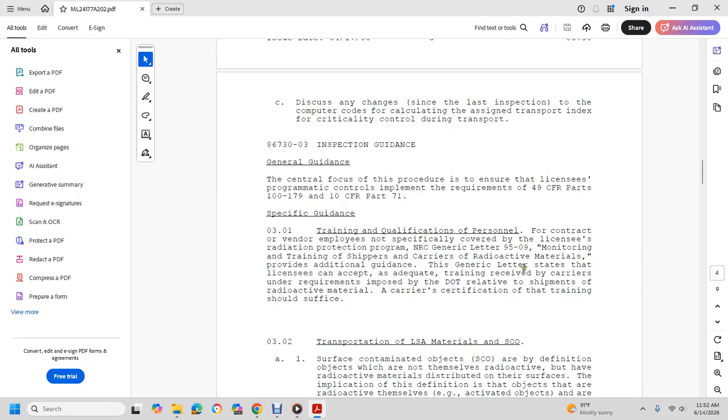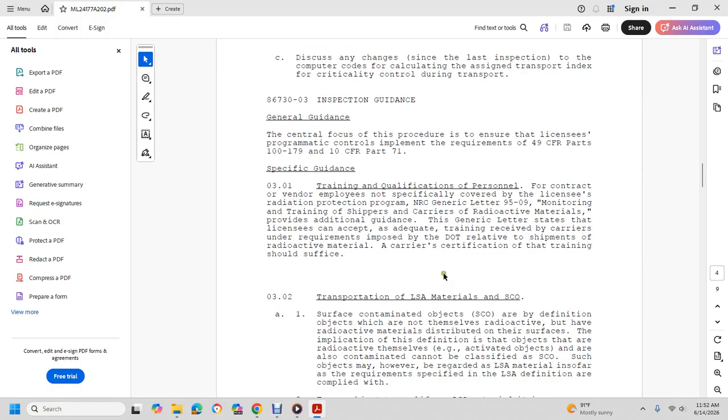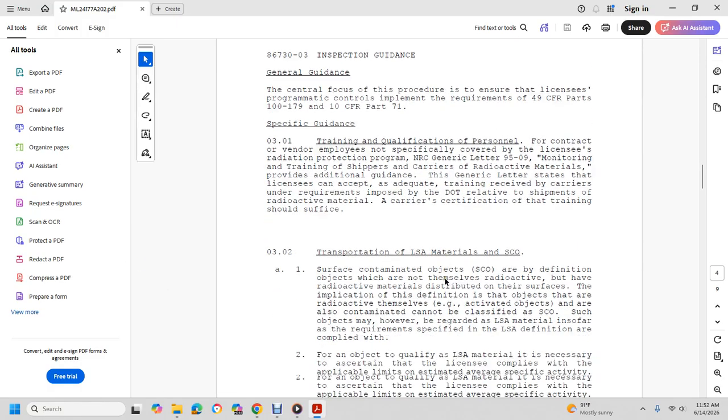The general letter states the licensee can accept as adequate the training received by carriers under the requirements relative to shipments of radioactive material. The carrier certification over the training should suffice. Transportation of LSA material: the ship with contained objects, per the definition of